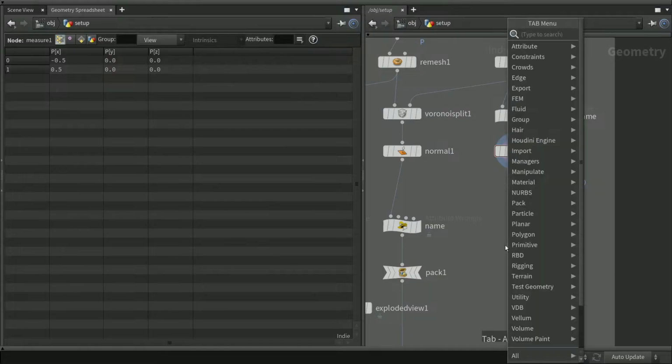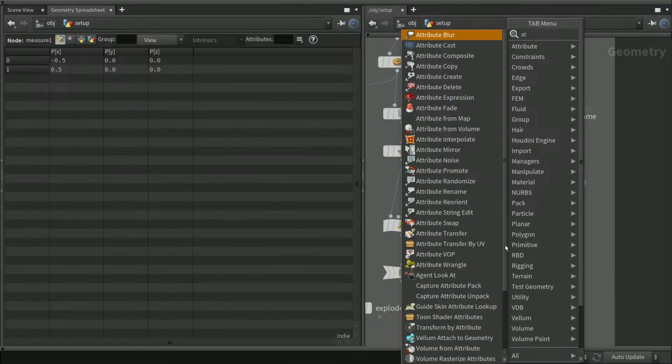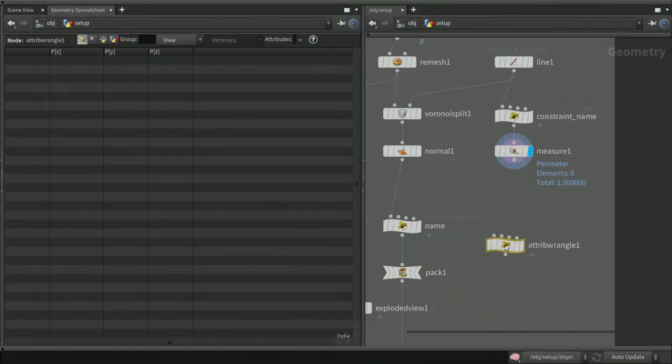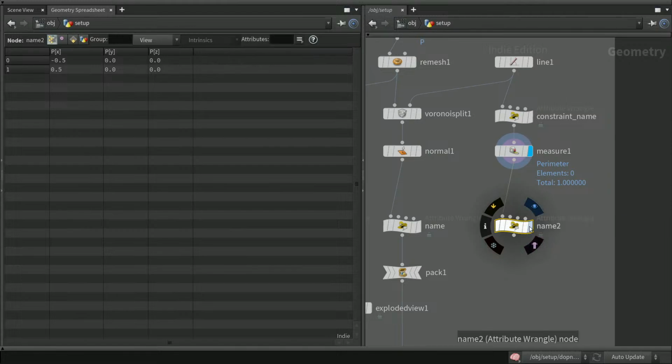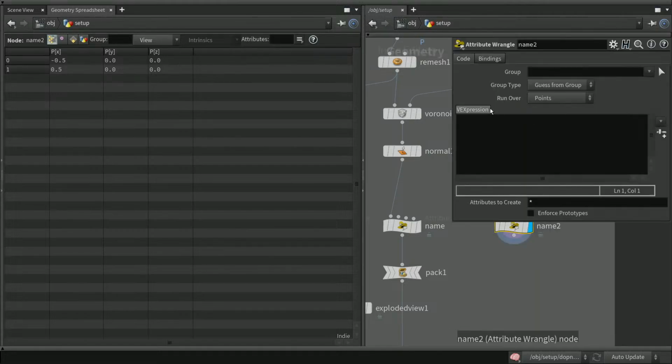So press tab and type attribute wrangle and connect this after the measure node. And let's call this name. And select this and press P, and then run over points, because we are going to add this here in the points area. And let's type string at name